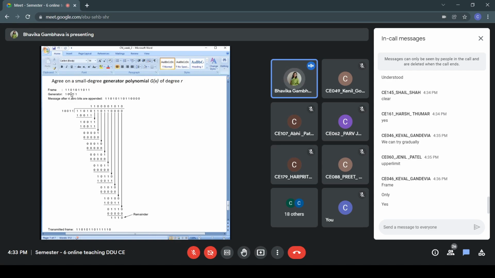Then generator polynomial. Do you want it always to be of 5 bits or always 4 bits, or again are we defining a maximum limit in that? What do you think will be implementable for you at the moment? Dynamic. Okay. Should we define the upper limit, like the maximum power of x, the maximum power of this generator polynomial? Should we define that? Okay, so what do you want that to be?